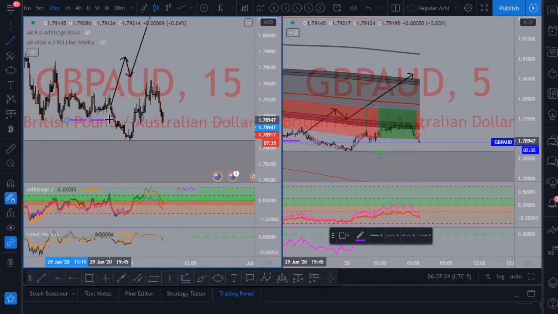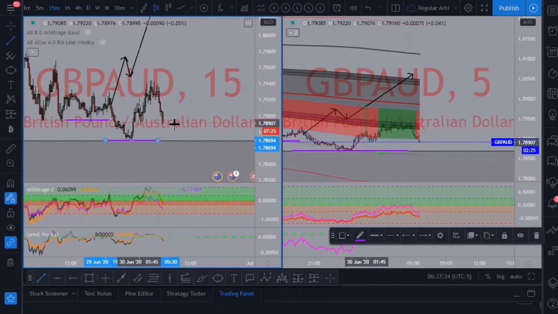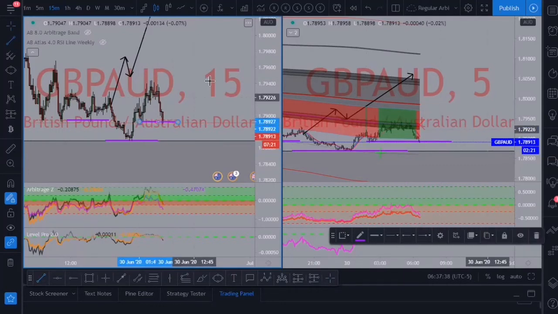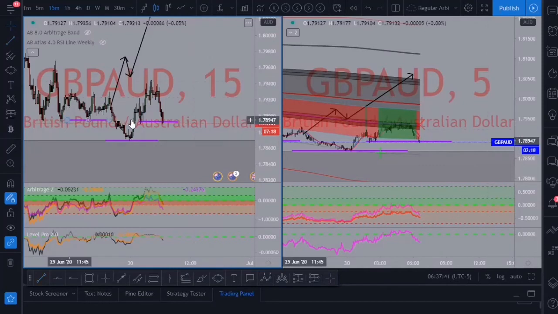So this is the left shoulder right here. Well, this is the inverse head and shoulders, the way it looks. This is the head, and then this is the right shoulder. That's what it looks like if you're just using lines to identify them. But as long as price respects here, then I do think that it's going to go bullish. But like I said, that's if you're using those lines. Let me actually get the head and shoulders tool so you can see it a little better.